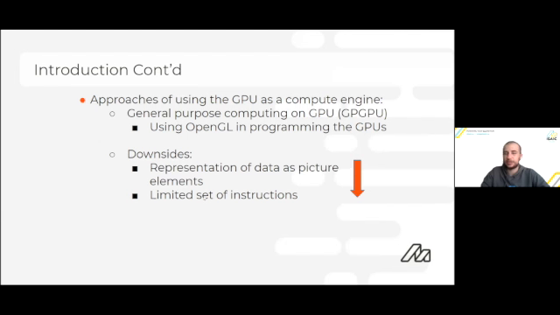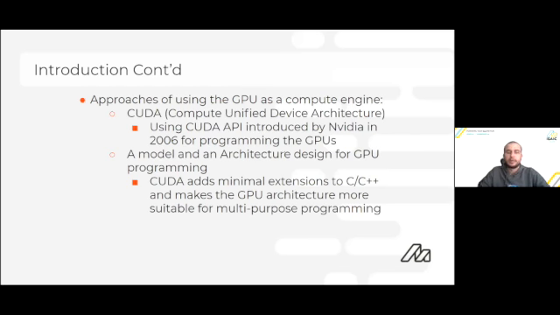The downsides were that they had limited instruction sets due to their nature, and programmers had to mostly represent the data as picture elements and textures, and the operations would have been shaders, which are graphical operations, rather than operations that you would use in normal C programming code. But after that,